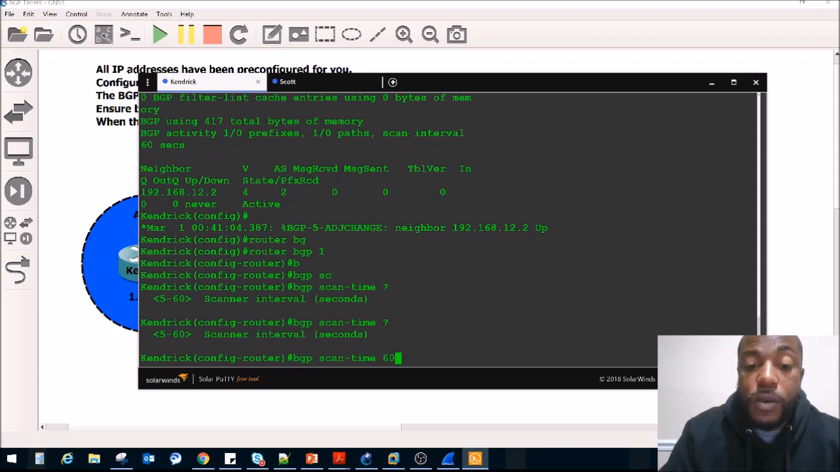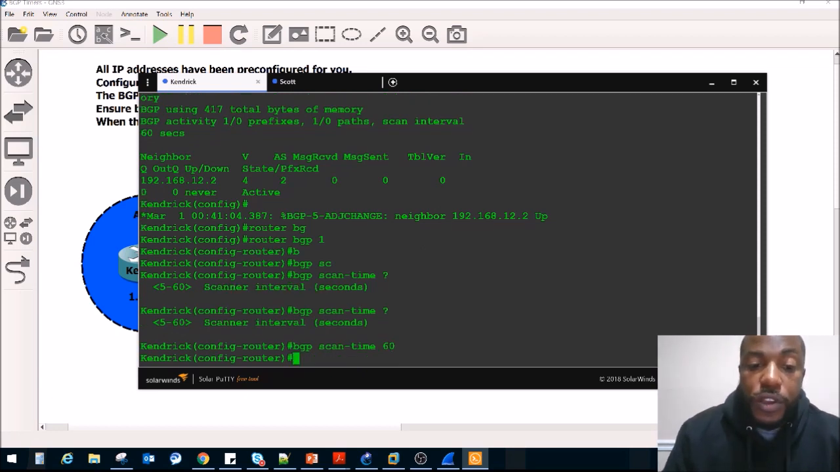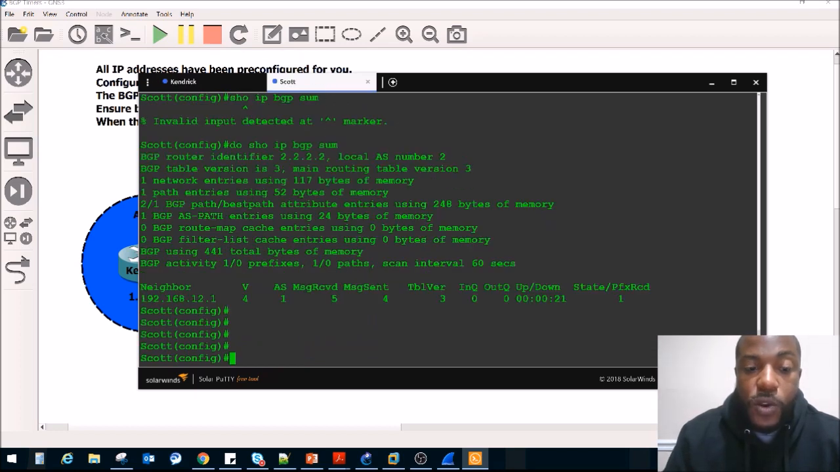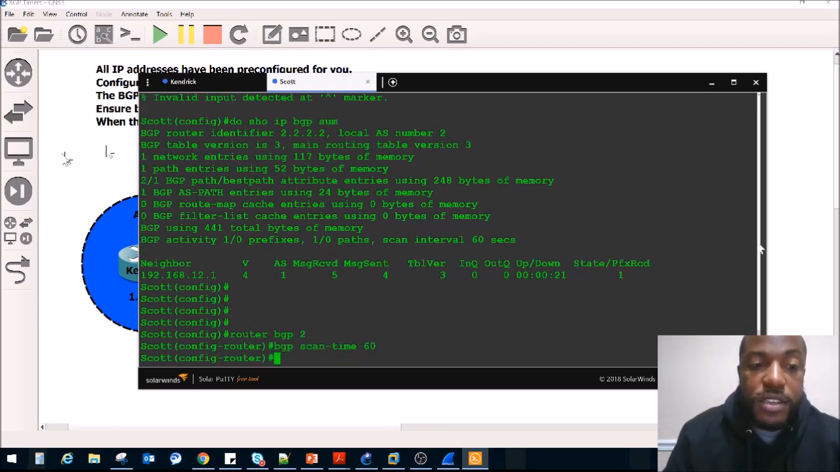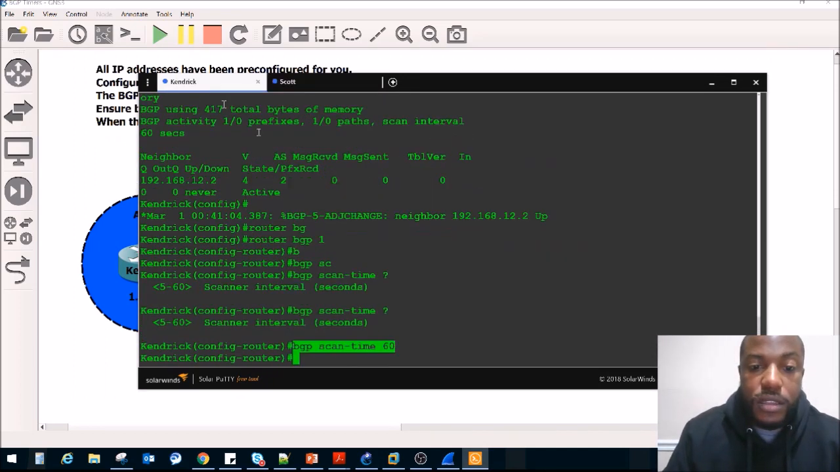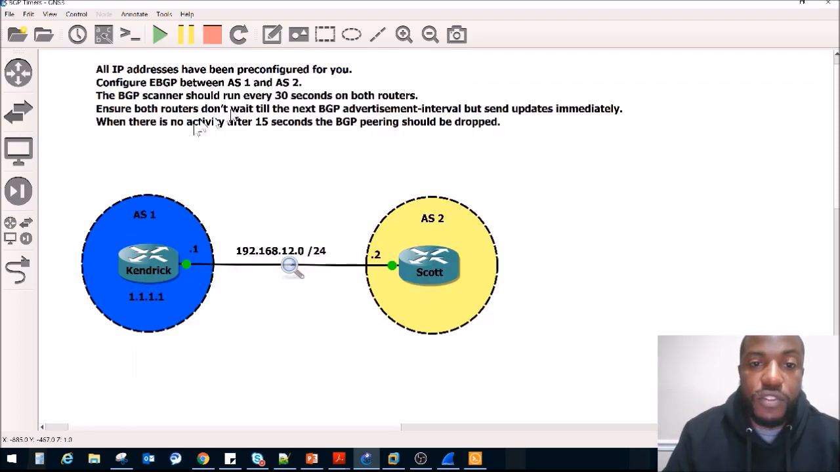That's for this version of IOS. So we're going to just basically run that command on both routers, and that should be task number 1 complete. Router BGP 2, BGP scan time 60 seconds. Oh, my bad, 30 seconds. Okay, we've changed that. Next one says, ensure both routers don't wait until the next BGP advertisement interval, but send